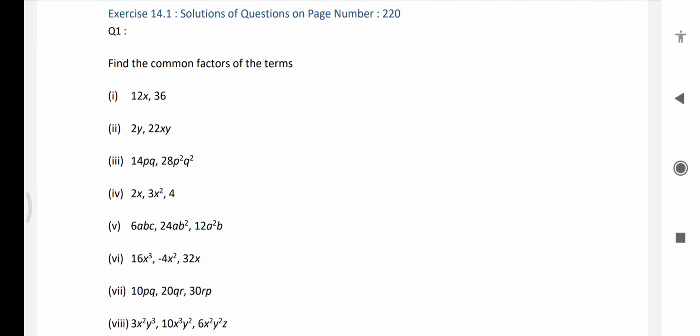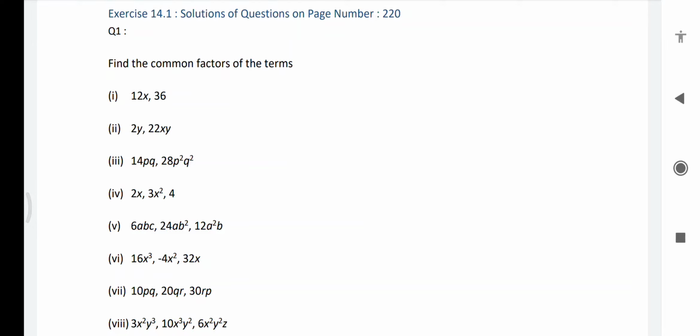Here we know that two types of factor are there, prime factor and composite factor. Suppose you are speaking 4 and 3, then 3 is prime but 4 is not prime because we can write 2 to the 4. Same thing, 3 is prime but 9 is not prime. In place of 9, we can write 3 3 is 9. So here we have find common factors.